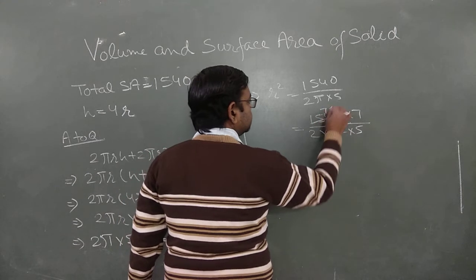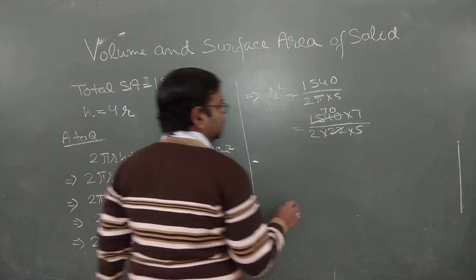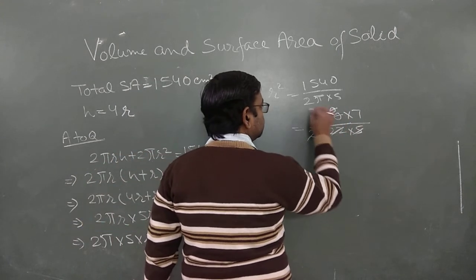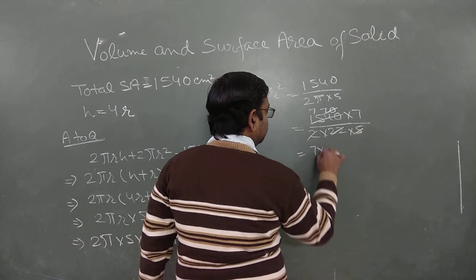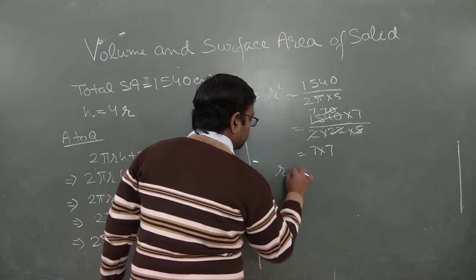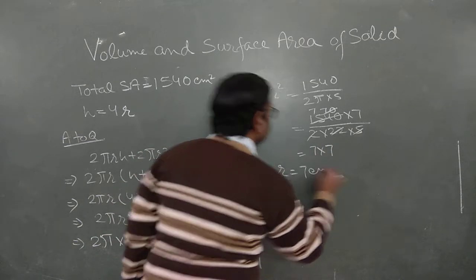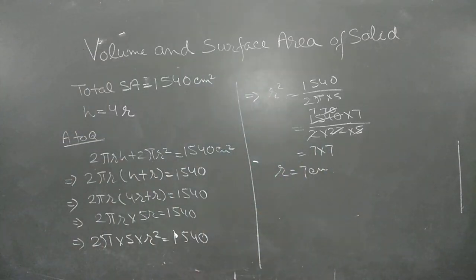25 7 ja, and 2 5 7 ja. It's a 7 into 7, or r equals to 7 centimeter, whatever it is. It's your r. Now the question says that